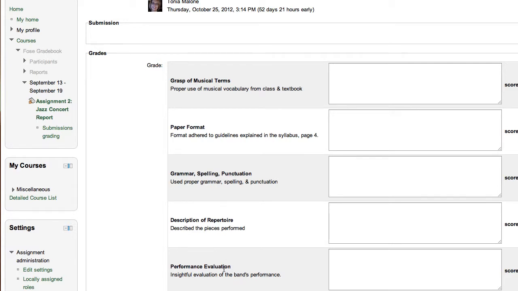I can type in feedback and I could choose a score. So I had set this up for that particular criterion to be worth 5 points. So I'm going to give her a 5 out of 5 for that, and just go on down and keep giving comments if you want, and